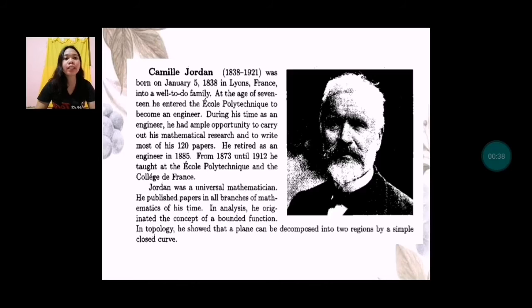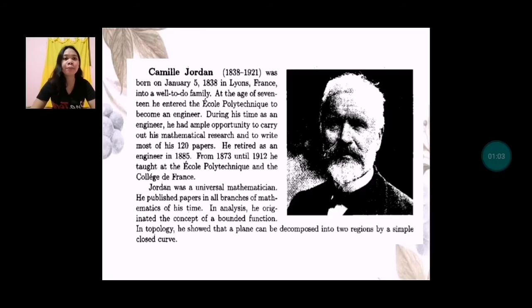At the age of 17, he entered the École Polytechnique to become an engineer. During his time as an engineer, he had an ample opportunity to carry out his mathematical research and to write most of his 120 papers. He retired as an engineer in 1885, and from 1873 until 1912, he taught at the École Polytechnique and the